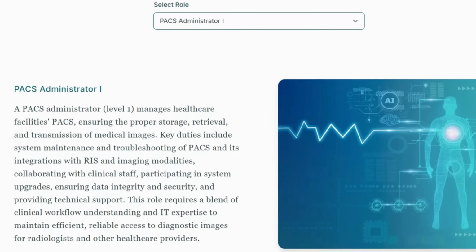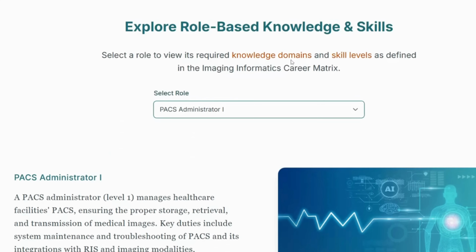Now, as an important caveat, this obviously can't cover every possible domain or expected knowledge for a job. So obviously for a radiologist, you need to have an enormous amount of medical anatomy and other details. This particular tool is really focusing on things that are considered part of imaging informatics. It is not everything you need to know as a doctor. We're not covering that. It's outside of the scope and the intent of this. So keep that in mind as you go through this. There'll be certain roles in here that require skills outside of that.